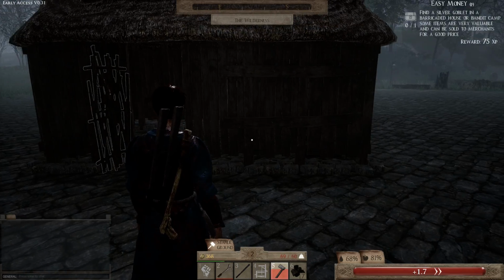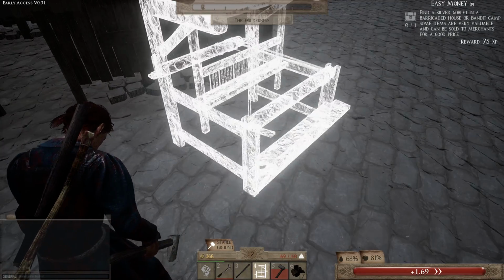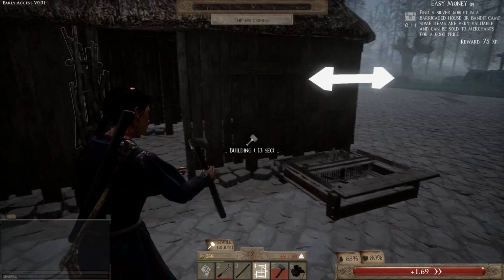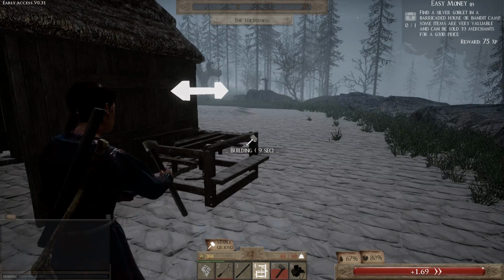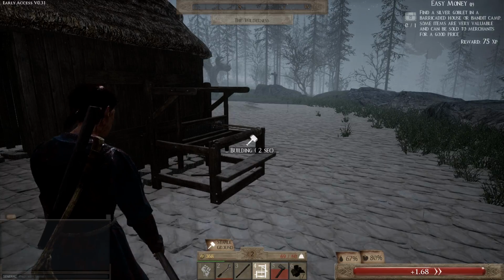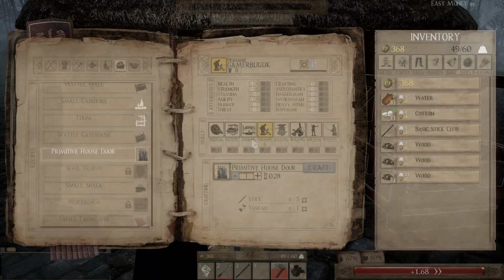I'd say I don't mind other people using it. It's facing the wrong way. We'll just stick it right outside the front door. There you go. When it turns red, it means you can't build it. It's probably because it's clipping through the building, but you would be amazed. And done. And then to make a bed, we need,